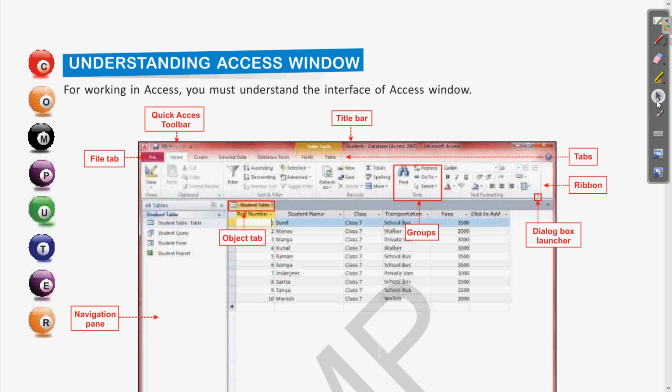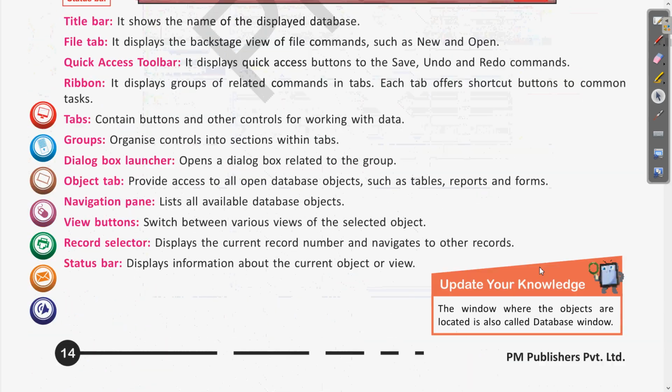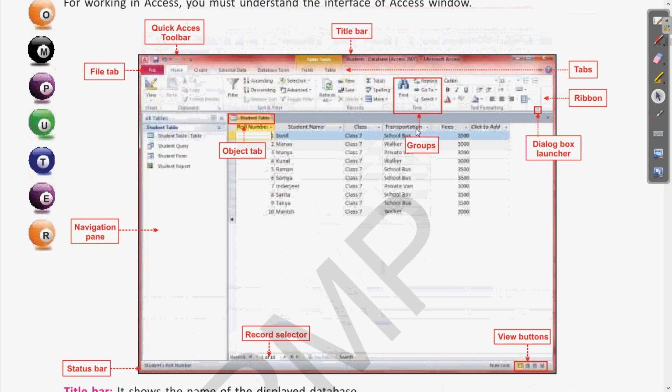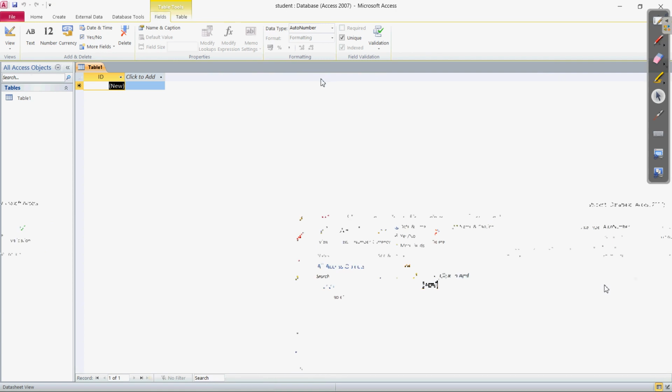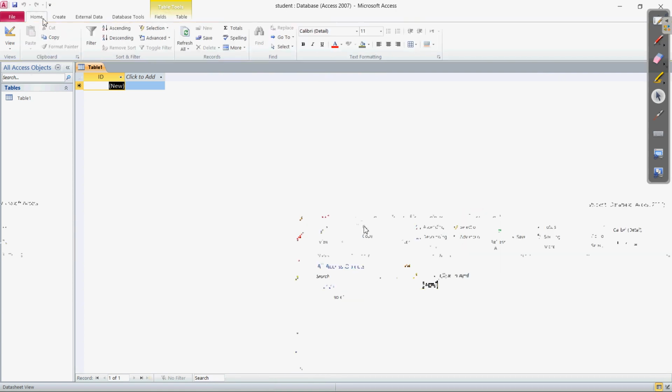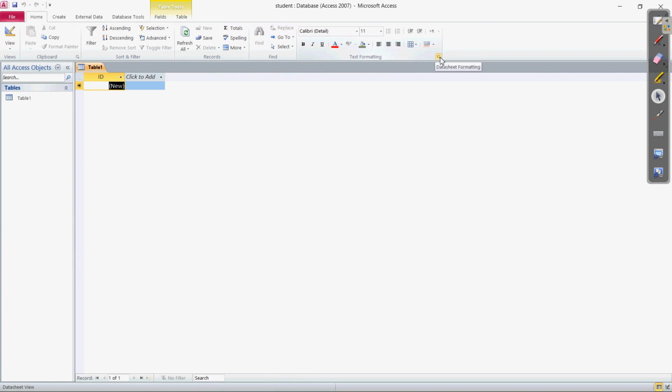Clear? Now coming to the next, that is dialog box launcher. So what is dialog box launcher? It opens a dialog box related to the group. So whenever you see a group, at the bottom of that there is a button. If you look at the software window, here also we can find it. So suppose I am clicking on the home button. So here at the corner when you click here,